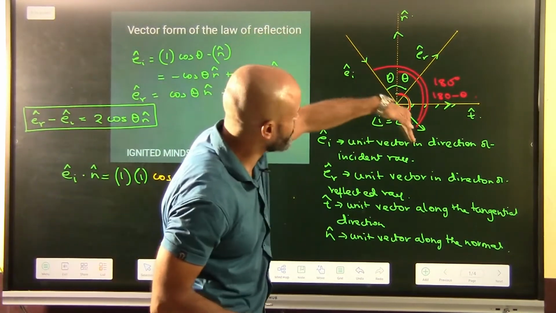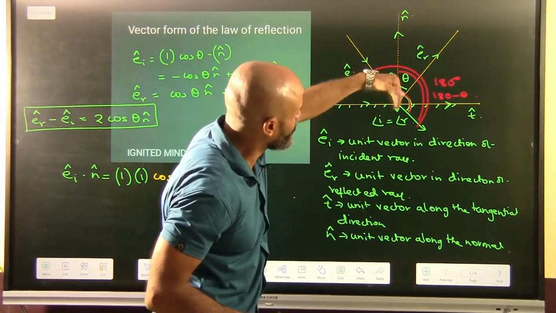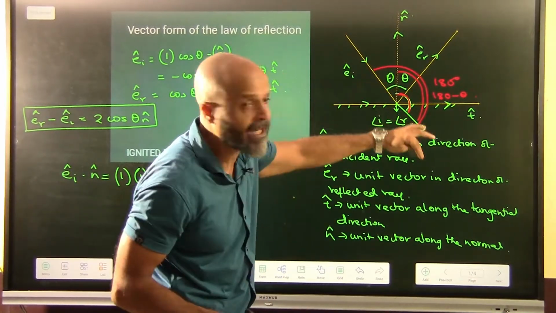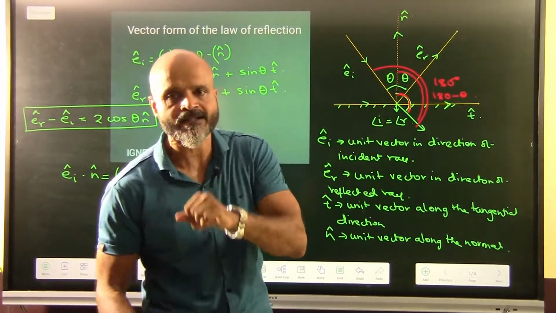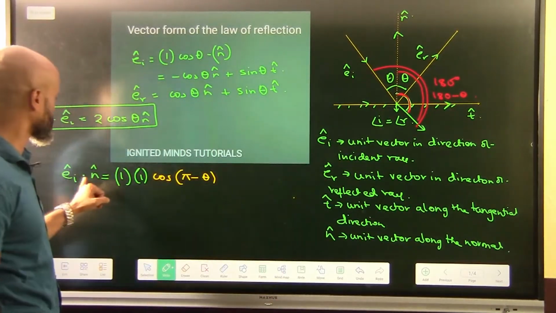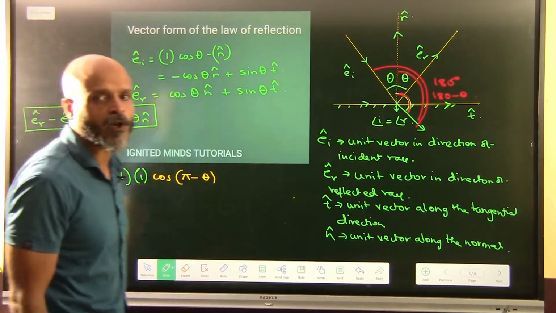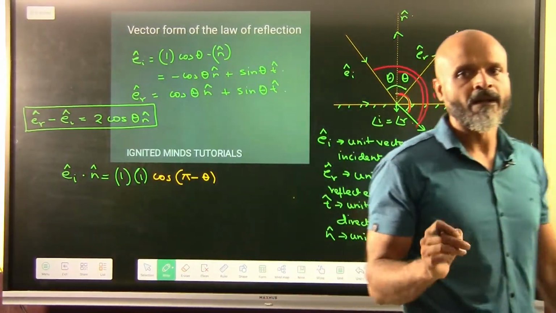See, this is the direction and this is the normal. Obviously, between the normal and the incident ray, the vectors have to join tail to tail in order to calculate the scalar product. So, that is what we are doing: the scalar product of the unit vector along the incident ray and the normal along the plane.